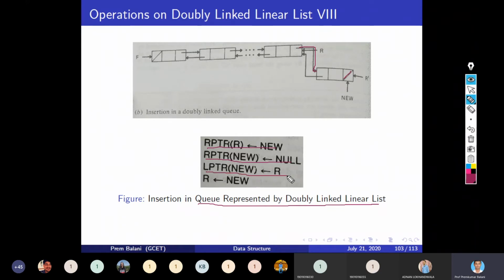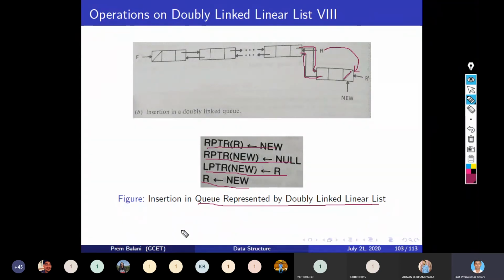Left pointer of new equal to R. So this is the left pointer. And R is now equal to new. R was initially pointing to this, but now it will point to this node because the new node is inserted.